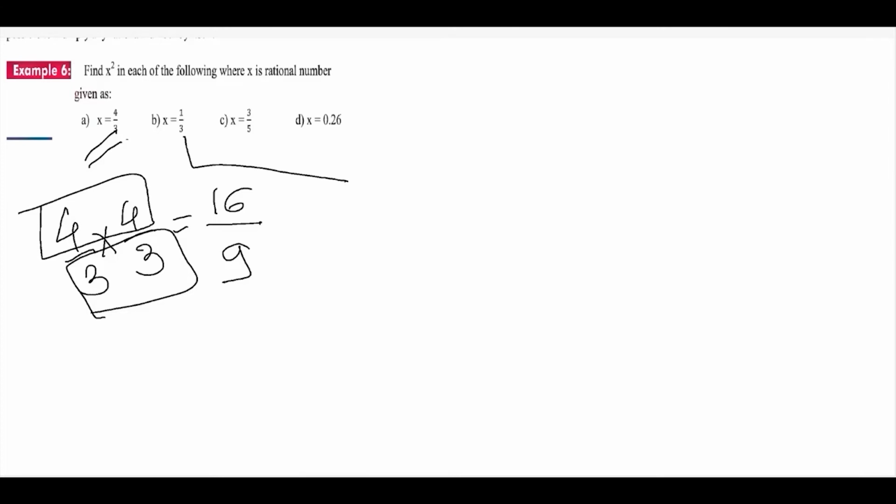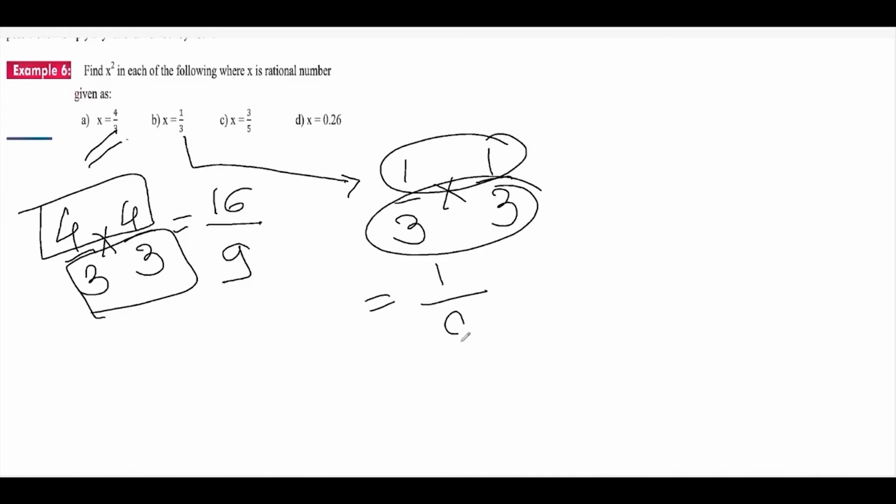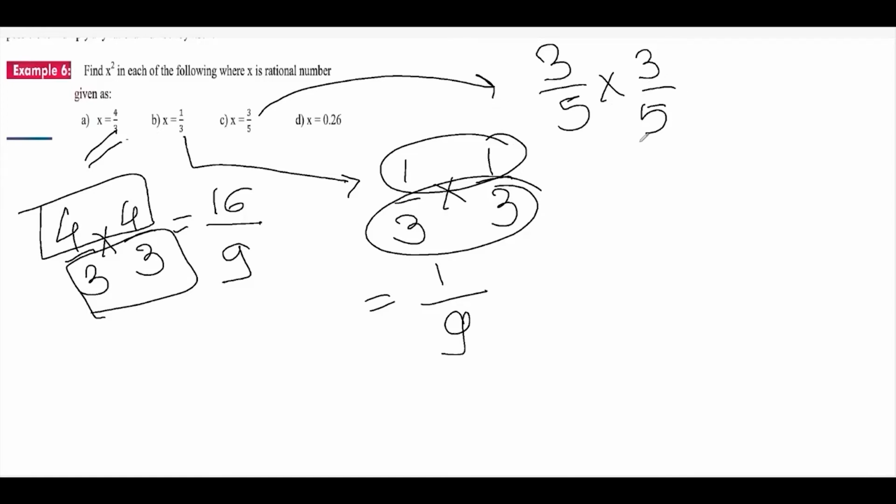There is no need of making any base the same or doing any other calculations. In this case, 1 upon 3 into 1 upon 3 becomes 1 upon 9. Here 3 upon 5 multiplied by 3 upon 5 gives 9